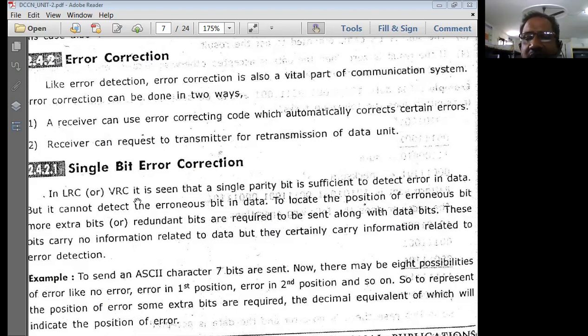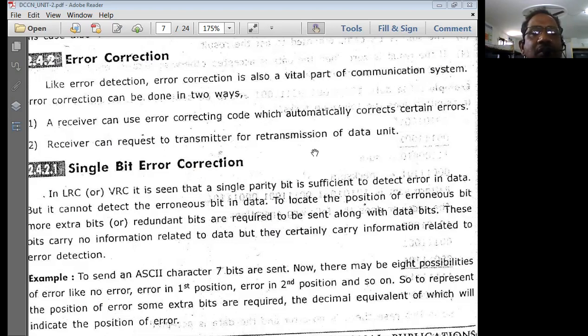So that is the main cause of going for error correction methods. Also the time of the sender and receiver is going to get saved. A lot of time is going to get saved in data communications. The bandwidth resources can be used effectively if error correction methods are incorporated on the receiver side. So this is why we go for the error correction methods. Like error detection, the error correction method is also a valid part of the error communication system.